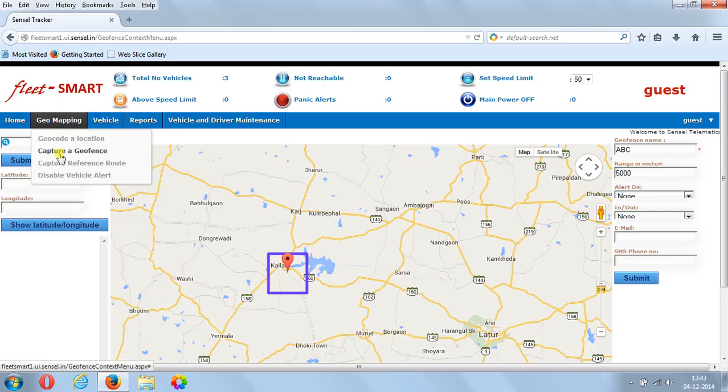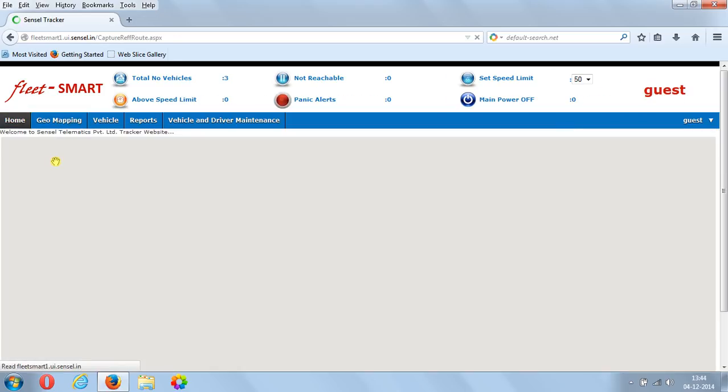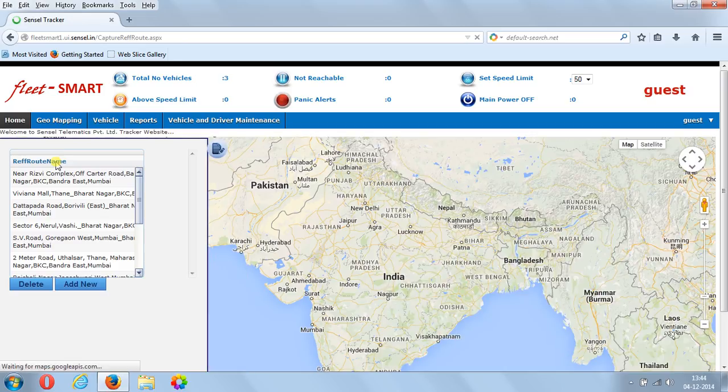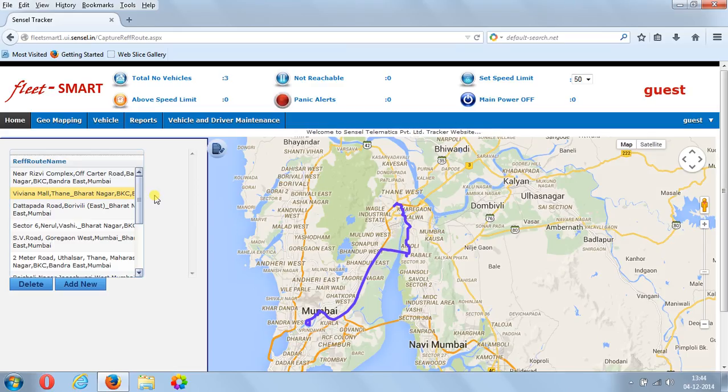And next, how do we capture a reference route? People will be driving the same route, or vehicles will be traveling on the same route. For that, you have a dedicated path. For example, if we check out the Vivana Mall region, you have a definite path from here to here. You want to fix that path. You don't want your vehicle to divert from that particular path. So what you can do is